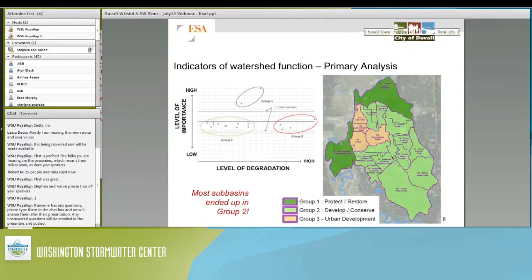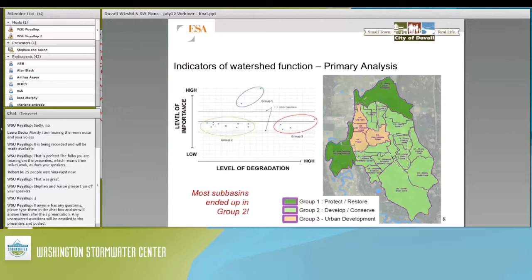So they definitely showed up as pretty high for degradation. And then most of the subbasins ended up in Group 2, 11 of the 17, with a variation in level of degradation, but a similar level of importance. And that Group 2, develop, conserve, is what we called the overall group, was seen as a place where additional analysis using finer scale data was needed to further parse out appropriate management approaches